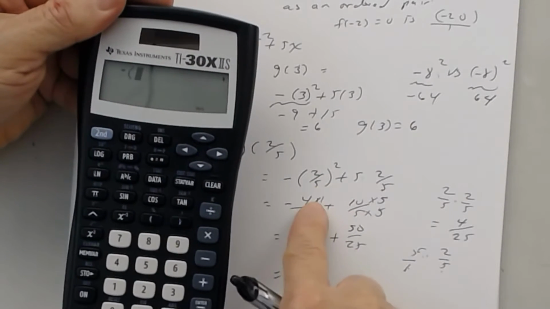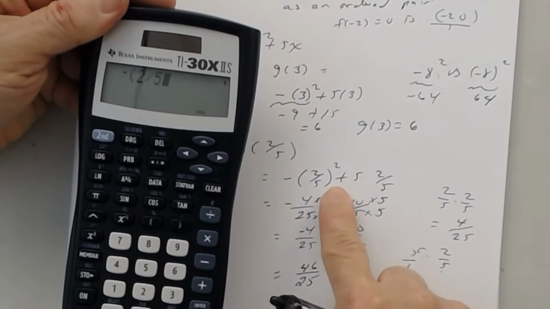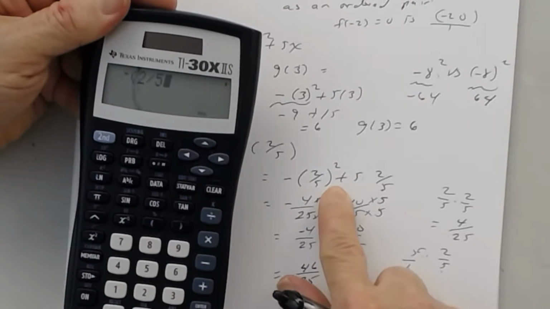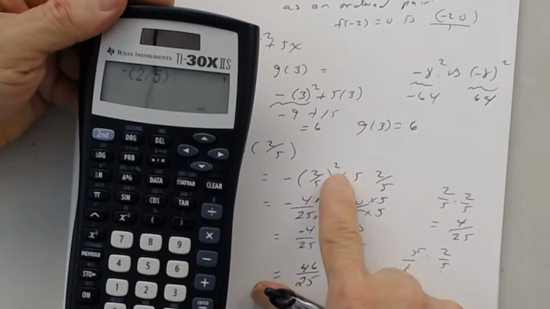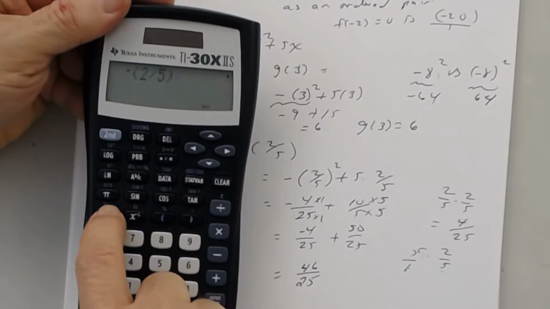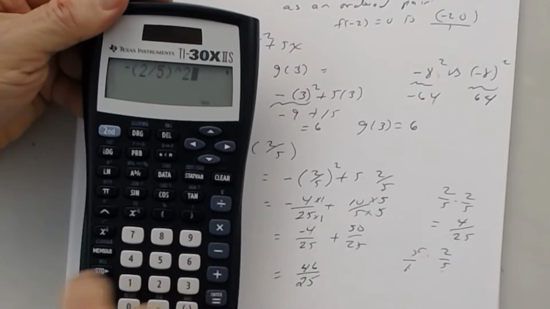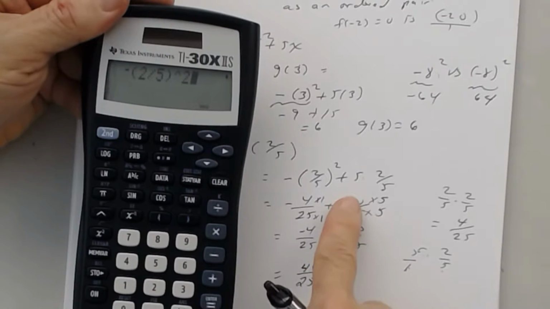Then I see 2 divided by 5, right? So I say 2 divided by 5. And then what else do I see after that? Close parentheses. And what else do I see after that? What am I doing to that? Squaring it. So there's your square. There's your exponent button right here. There's a square button also right here, x squared. And then I'm going to say plus